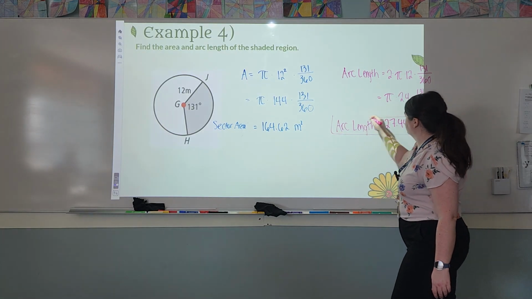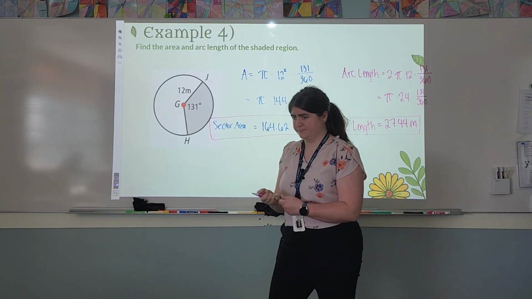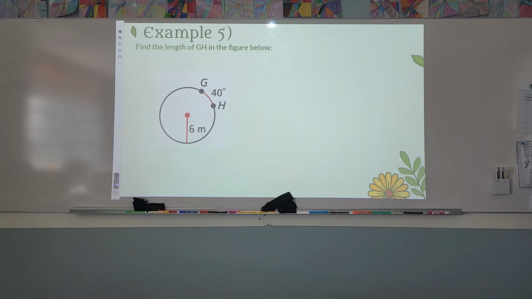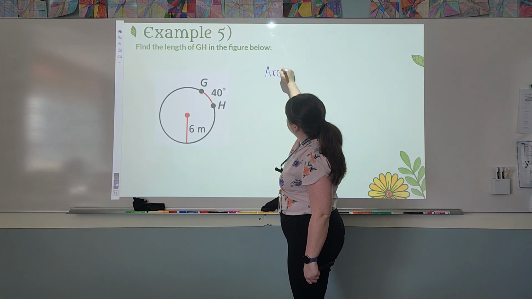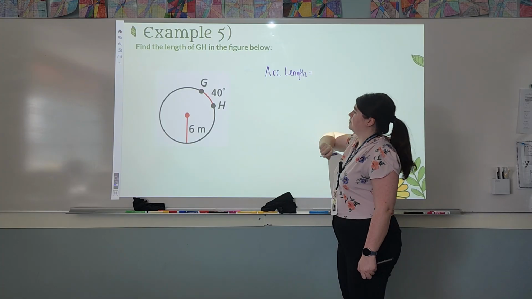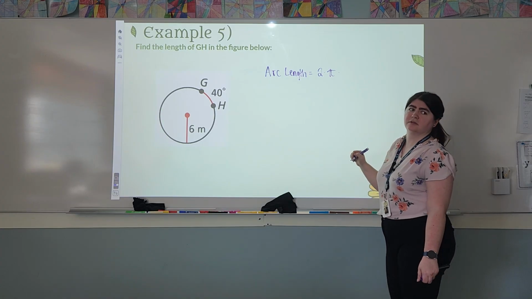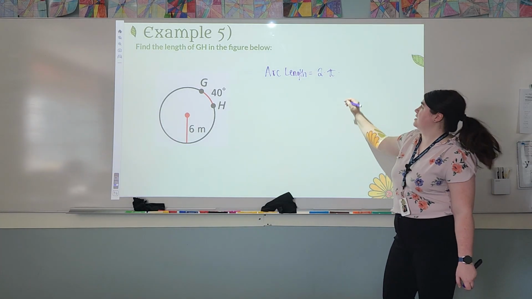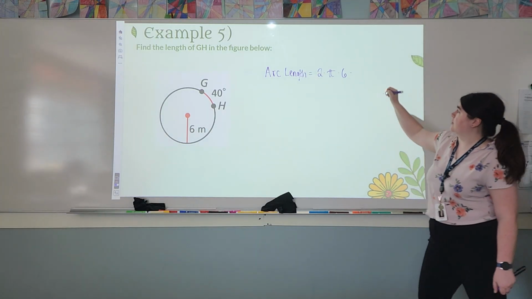And then we had two answers: sector area and arc length. Okay. Example 5. Find the length of arc GH in the figure below. So we again are looking at arc length. This time we have 2 times pi times what? 6 times what comes next? 40 out of